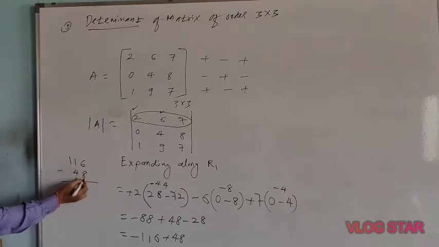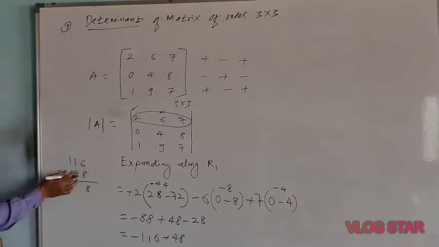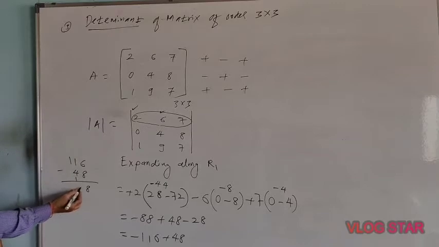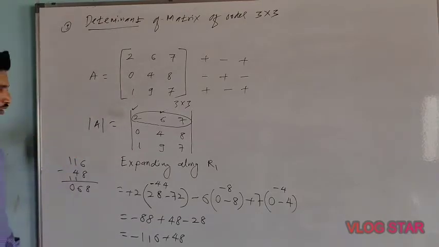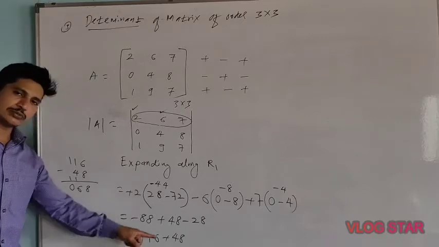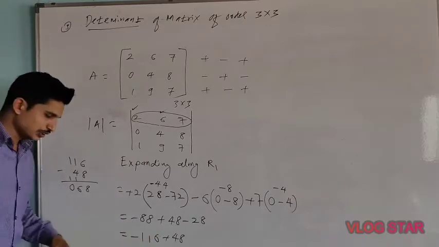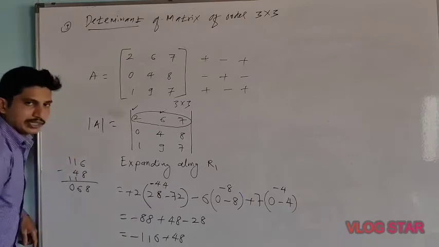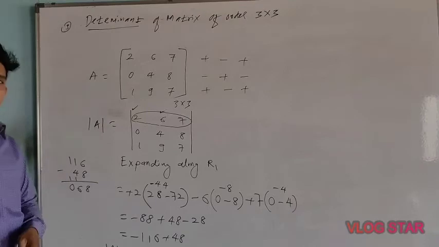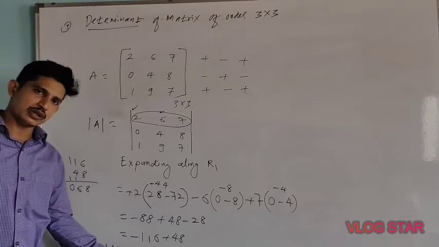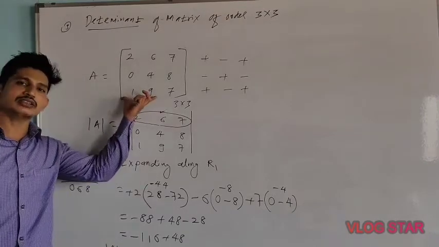Subtraction. So here 8 will come. 16 minus 8, 8 here. 11 minus 5, 6 here will come and here 0. 1 minus 1, 0. 68. The answer is what now here? 68. Okay. So therefore, 68 is plus or minus now here? Minus sign is bigger, so it is a minus 68. So therefore, determinant of A is what now here? Minus 68. So this is the value of the matrix 3 cross 3.